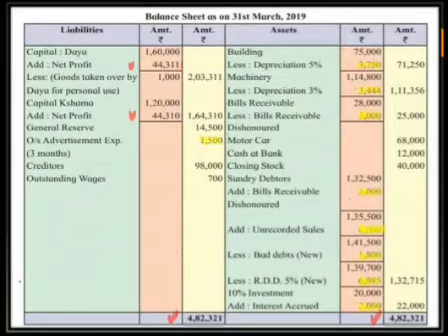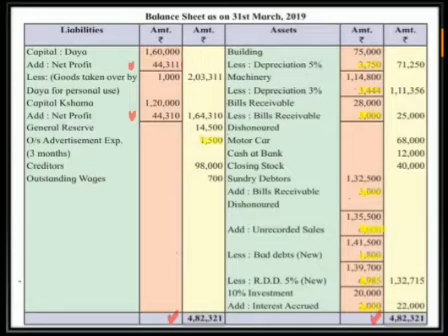Then we have written the capital of Kshama 1,20,000, added the net profit 44,310, then general reserve 14,500, outstanding advertisement expenses 1,500, creditors 98,000, outstanding wages 700. Then if we go to the asset side, always write the fixed assets first, then write